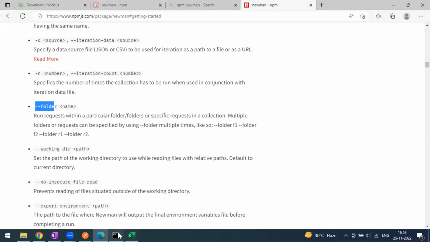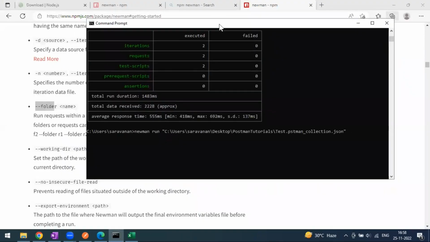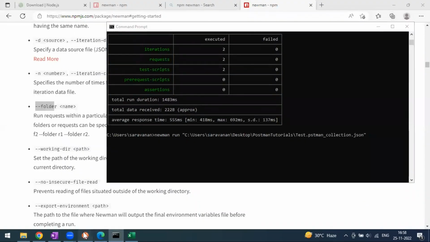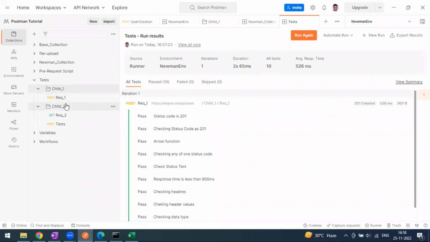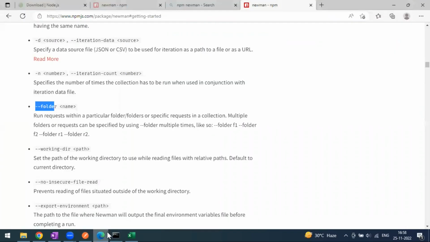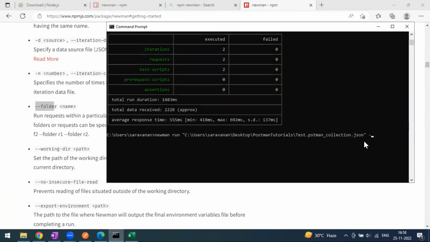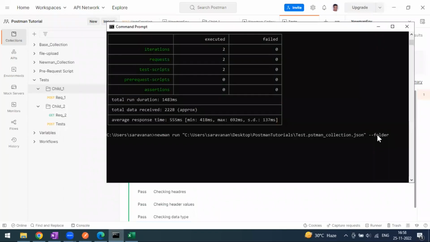After that, we have to define the --folder option and provide the folder name. Because in this test collection, I have two folders, child_1 and child_2. So in that case we use --folder, which is the name of the folder we are going to execute. For example, I'm going to execute child_2. Now when I click on enter,